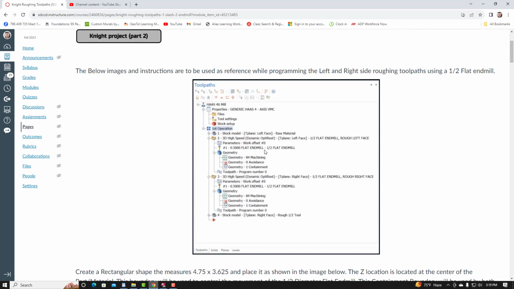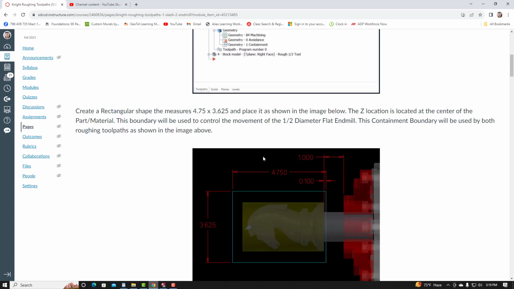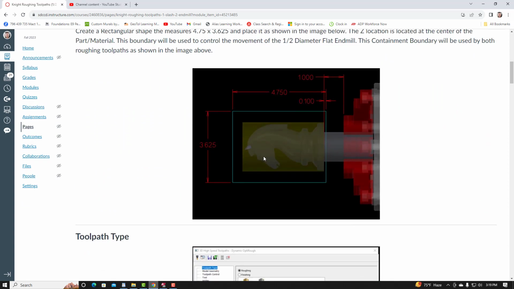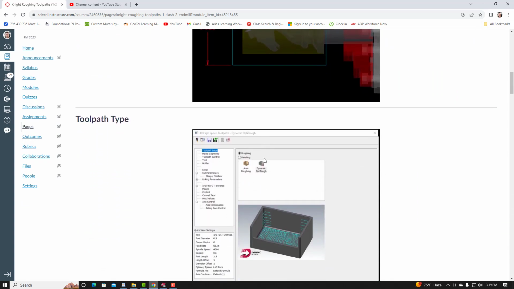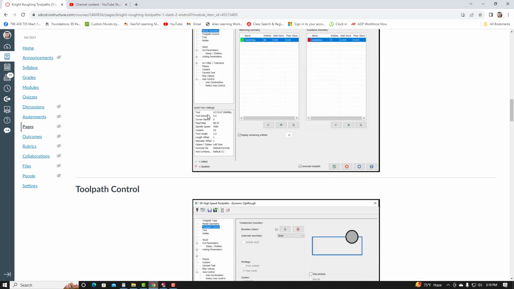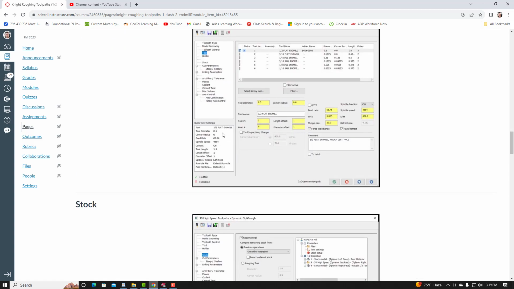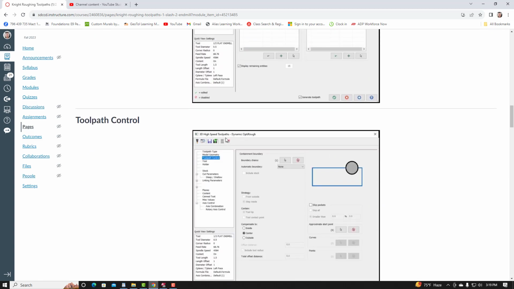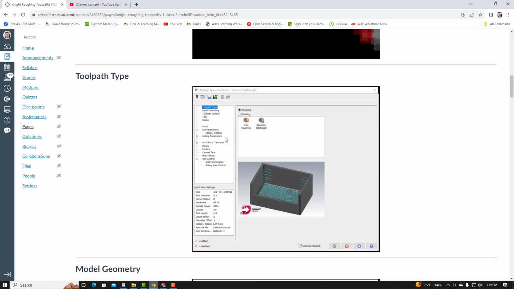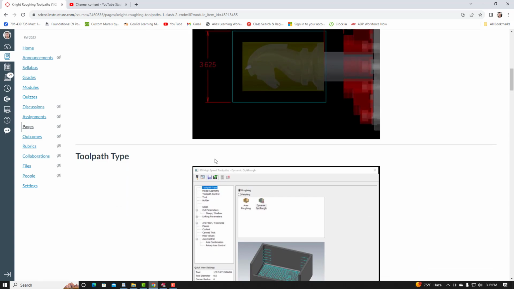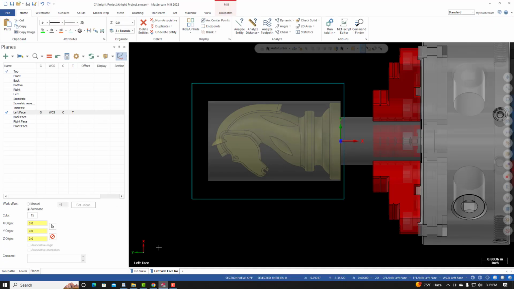The next thing that we're going to do is start creating the toolpath. We're going to use the OptiRough, a 3D toolpath, and there are settings that we're going to match that are provided on the project page. So we'll create the toolpath, select the geometry, and then match our settings to what is provided on this page. So back inside of Mastercam,